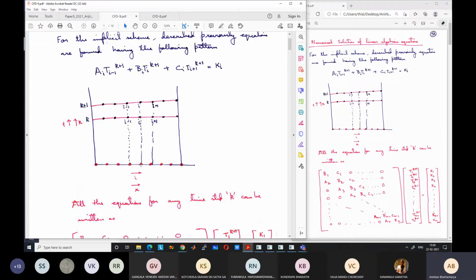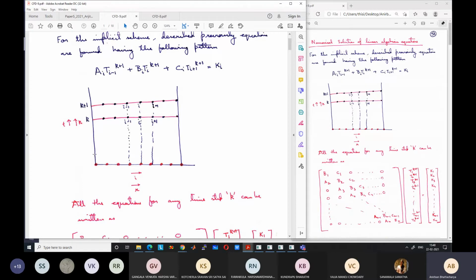At any point in between, the general index is I, where I can have some value. I can be 36 or 35, whatever value. Here I is 5. The next point is I plus 1 and the previous one is I minus 1. So these points we can also consider. This is the first time step, at time t equal to 0, where the initial condition is known. Then we will have a second time step after a single time step, say after 0.1 seconds or whatever the time step is.